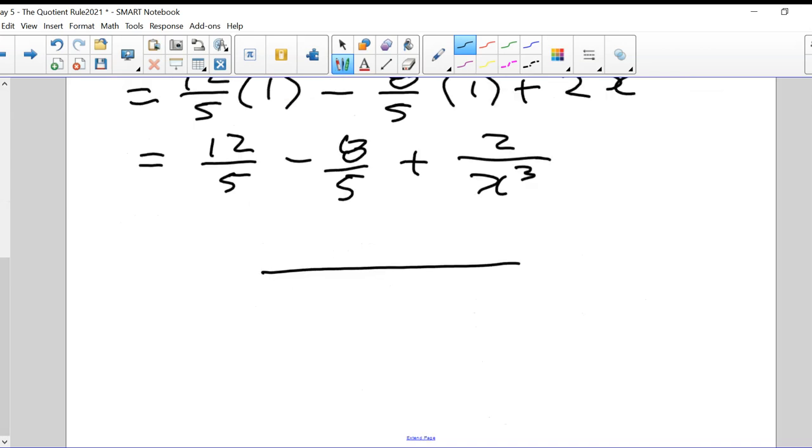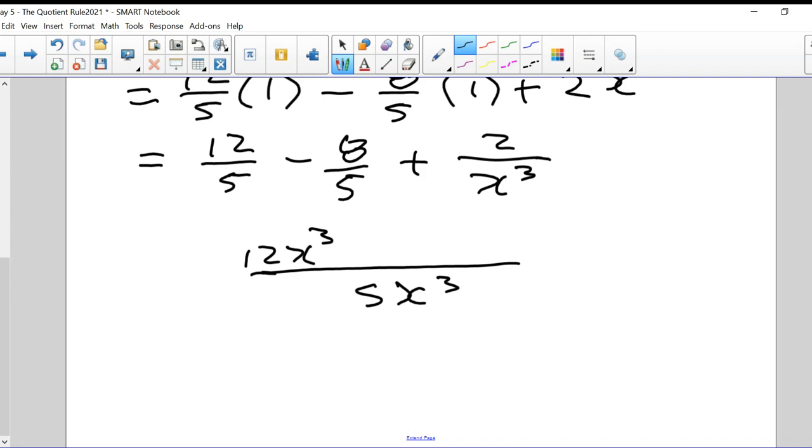And I should try to put that as one common factor, which should be 5x cubed. Hopefully that common factor makes sense, because there's 5 here, there's 5 here, and there is an x cubed here. So that should leave me with